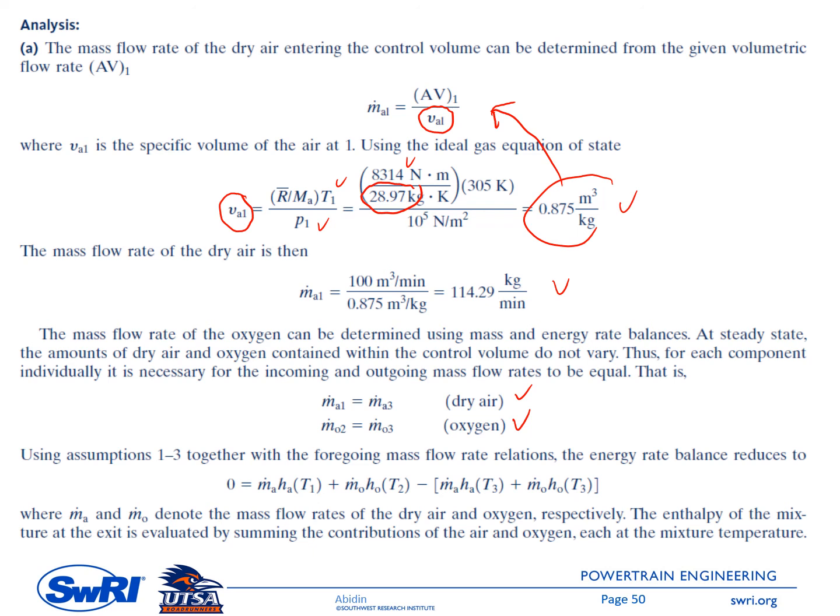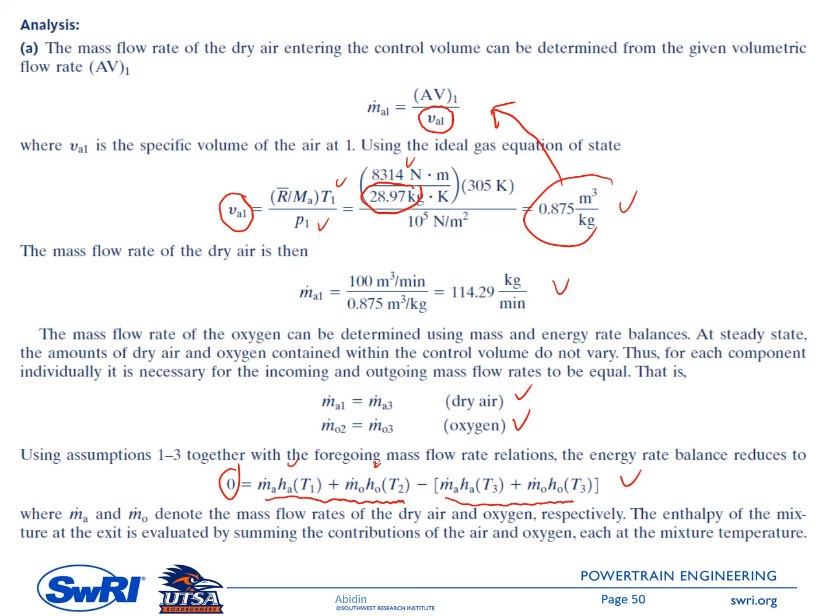And then for the energy balance, we assume that there is no work, no heat transfer. We can ignore the impact of the kinetic and potential energy change. Then it is also steady state, so this is 0. Then you will have this correlation. So here you have the incoming energy to the control volume, coming from stream number 1 and stream number 3, and this is balanced by the final energy at state number